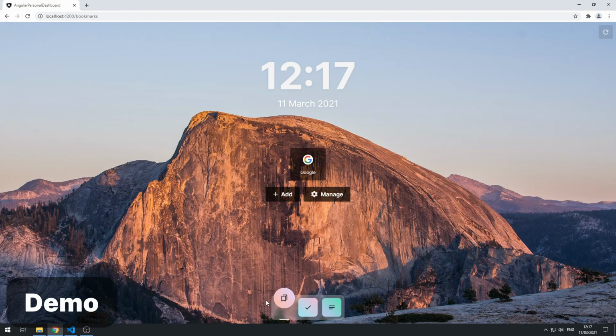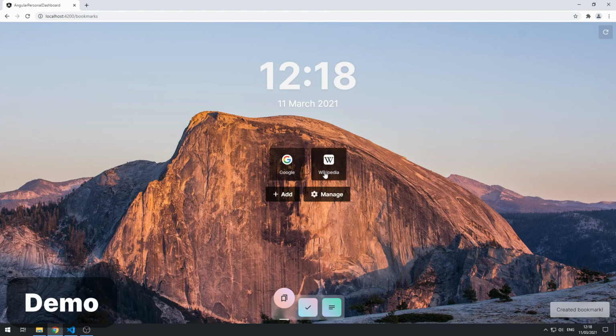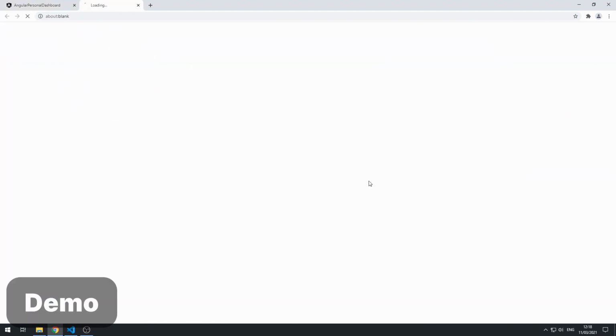So let's go back to the bookmarks view, and let's just play around with this a little bit. Here we have the existing bookmarks, and right now we just have one bookmark, this one here. So let's go and add a new one. Let's add one for Wikipedia. Let's set the URL to https wikipedia.com. Okay, and it's now added this one here, and we can see that the icon is the Wikipedia favicon. Okay, cool. Now let's click on Wikipedia, and it will send us to